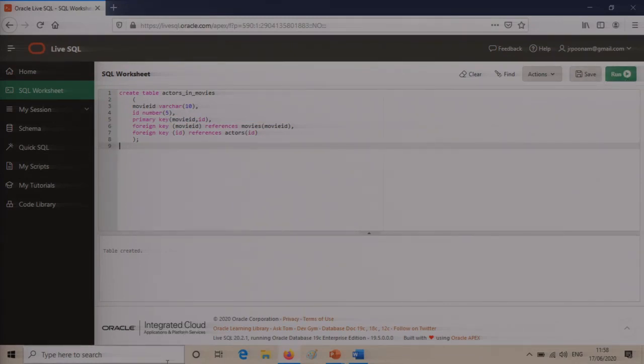Okay, so let's go back and now let's check schema here. I think we have done with all the tables. So what you can do is go here and check the schema.